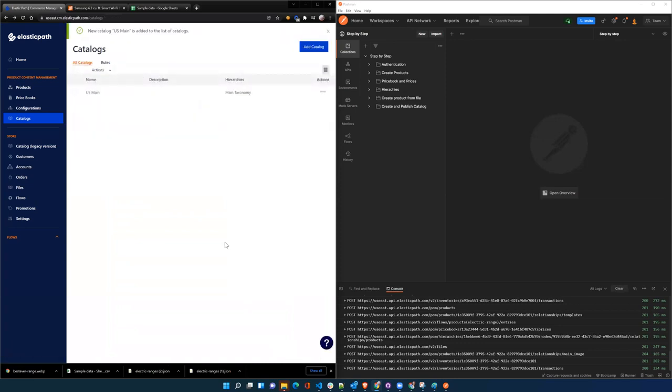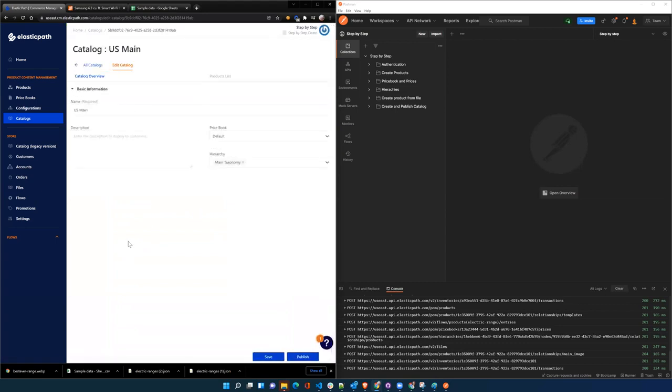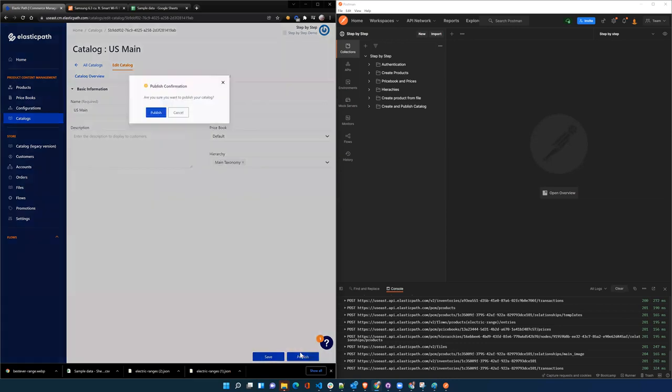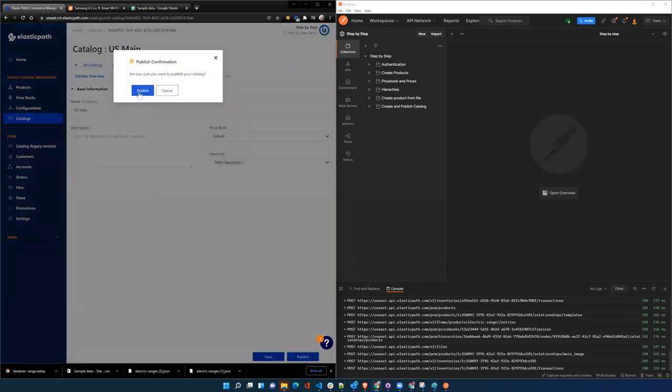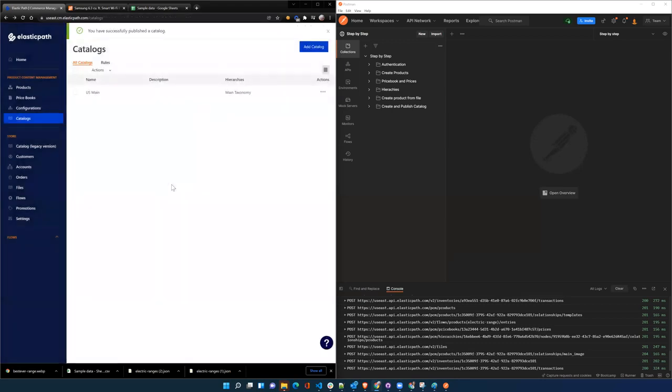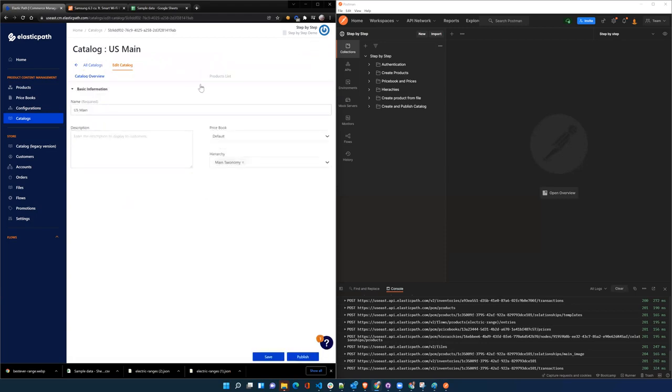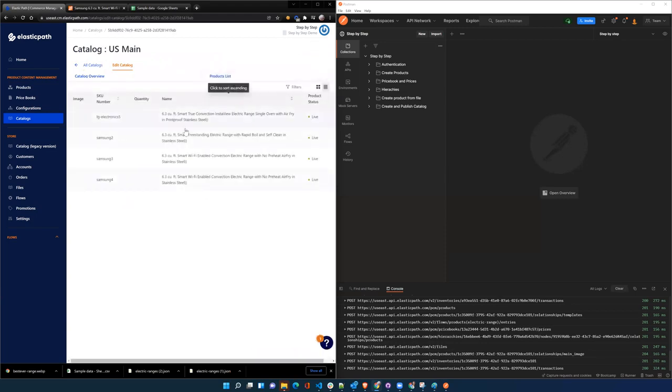Then you hit save, and now that has created the data, but it hasn't initiated the release. So to initiate a release, we hit publish, and it asks, are you sure you want to publish catalog? Yep. So that's now combining all the data together to create a point in time. So if I look at the catalog and then I look at the products list and I take a quick look at this product,